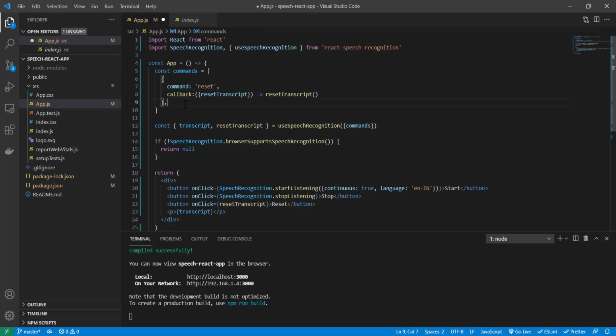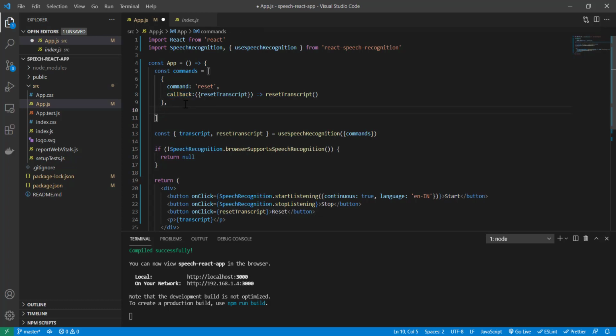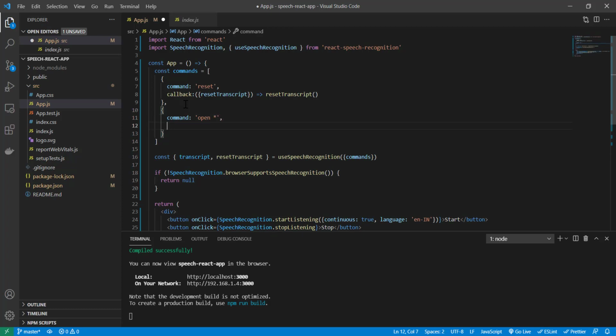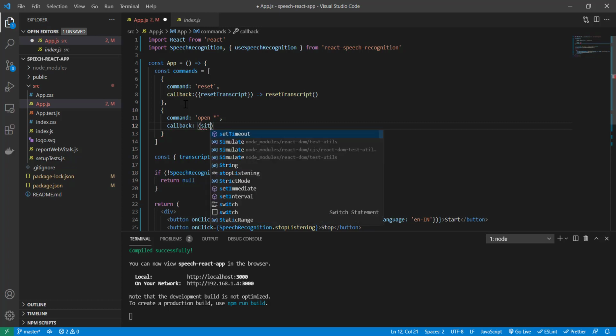Now let's add one more command. So I can say command equal to open and strict. Strict means whatever you say after that, and then we can write a callback function. In this callback I am just giving a site name.